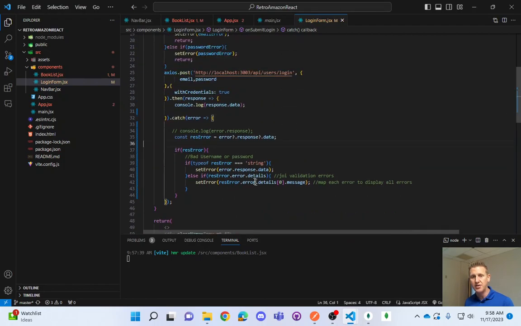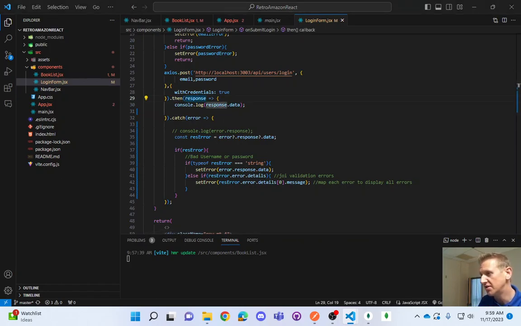Why don't we navigate the user home? So instead of just doing this with our success, why don't we navigate the user to somewhere else, like to the home tab, right? So on login success,